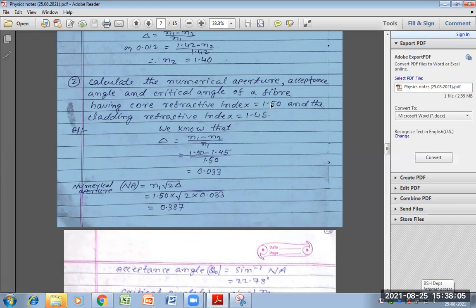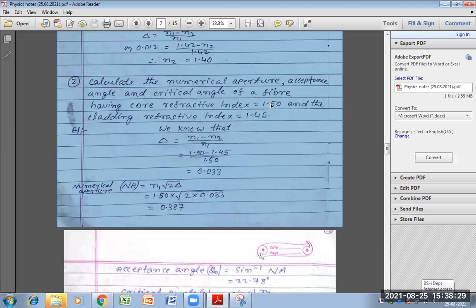N1, the value of N1 is 1.50. First you remember, क्या क्या याद रखना है? कोर का रिफ्रैक्टिव इंडेक्स को N1 बोलते हैं, क्लेडिंग का रिफ्रैक्टिव इंडेक्स को N2 बोलते हैं। इस चीज को पहले याद रखेंगे हम।